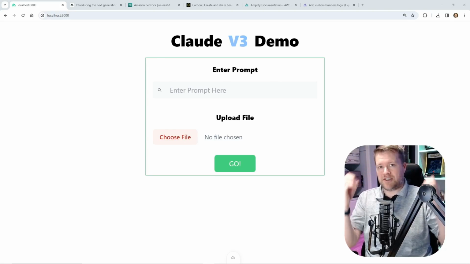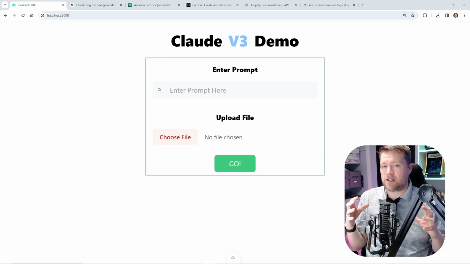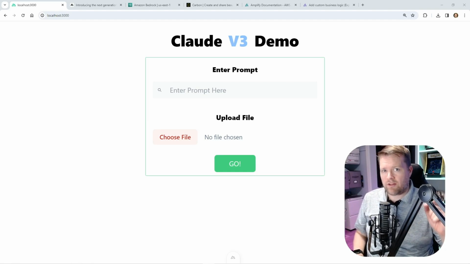The world of AI is changing really quickly, and I wanted to show you how I used a Nuxt.js app to connect to a Claude 3 API to do some really interesting things with images. So I'm going to walk you through how I did that in a bit, but first let me show you